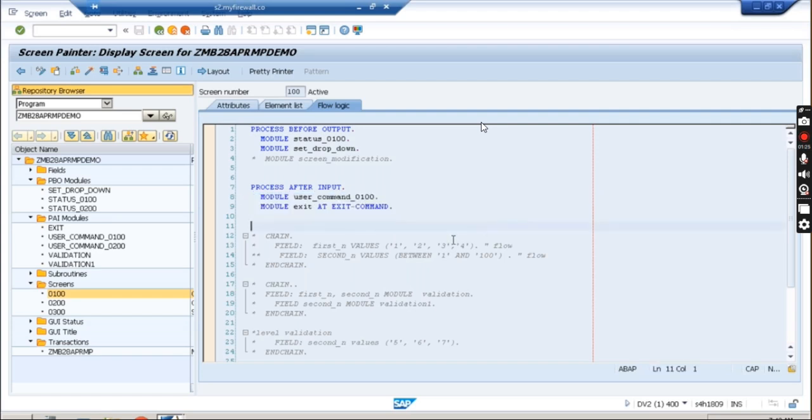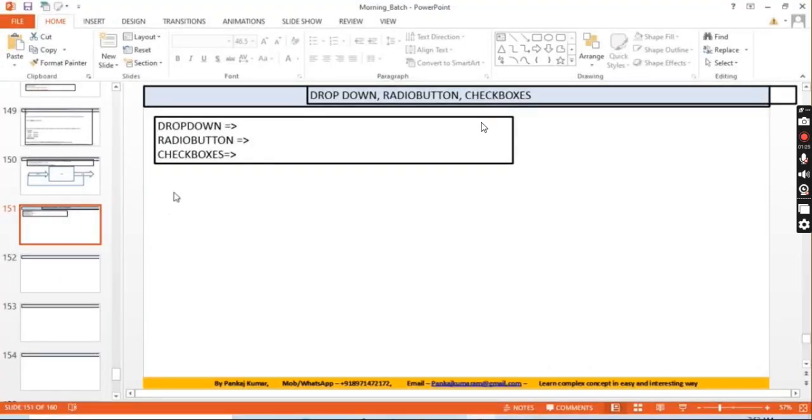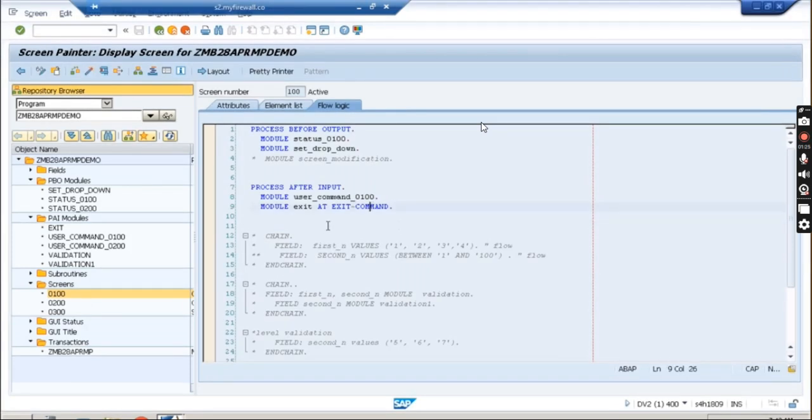Okay, fine. Now what I would like to show you over here is the topic of radio buttons and checkboxes. So how to use the radio button and checkboxes. You can use them in the same way as we have used in the report. Suppose you want to select some radio button, and based upon the selection you want to display some message, or perform some business logic,